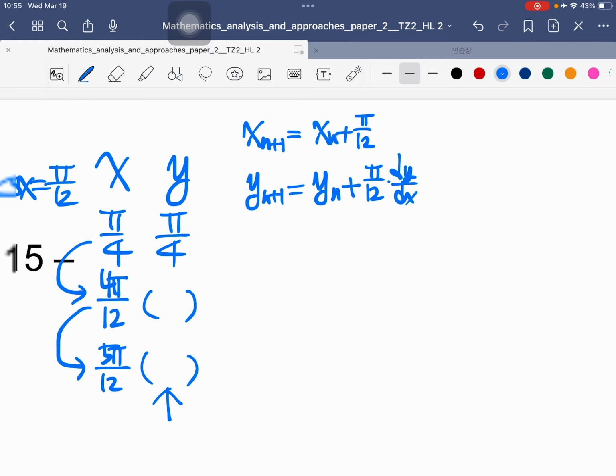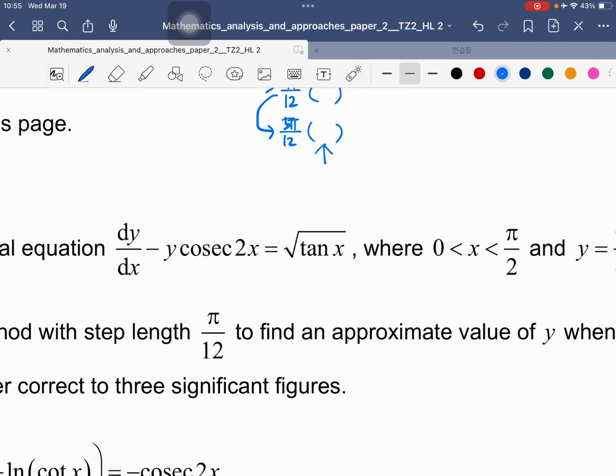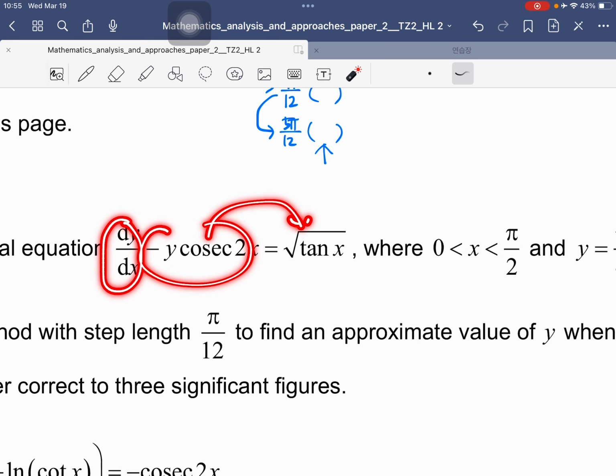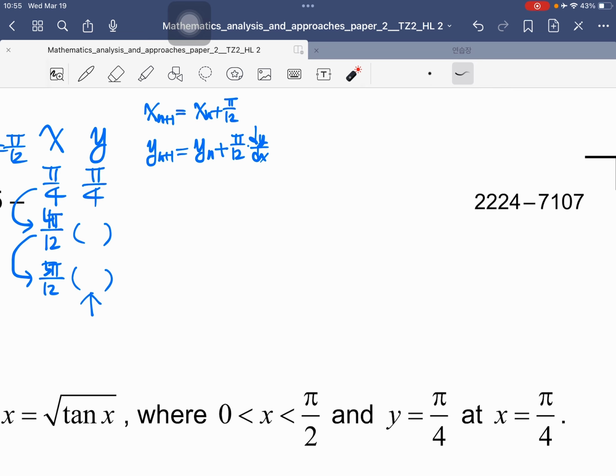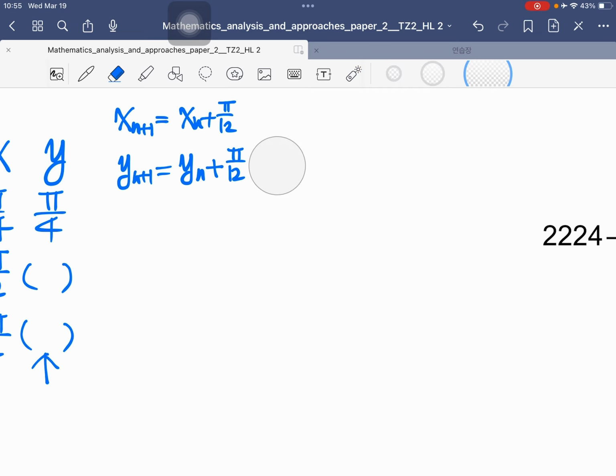So dy over dx we can find over here by moving this term to the right side. And then notice that the cosecant of 2x is 1 over sine 2x. So we can write dy over dx as,